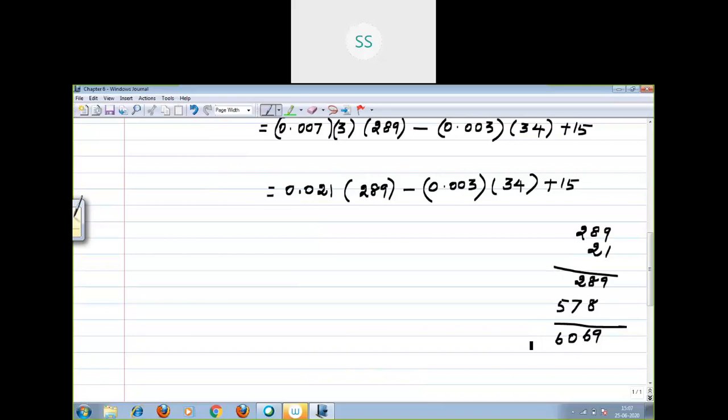Here how many zeros are there? 0.021, right? So it becomes 6.021